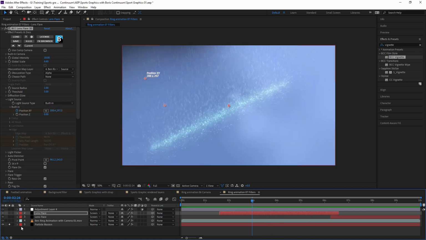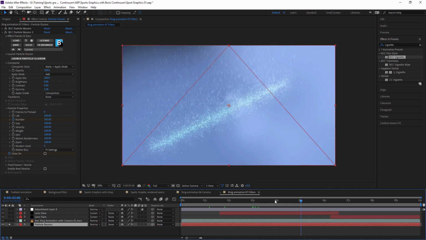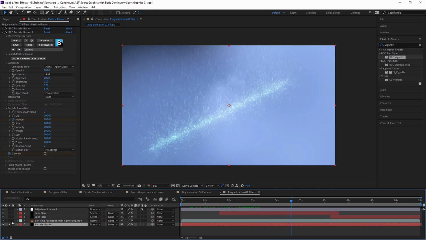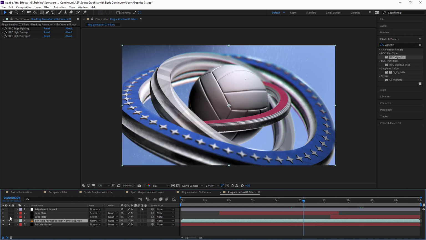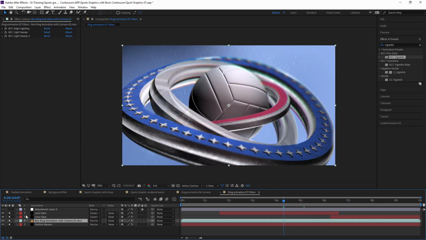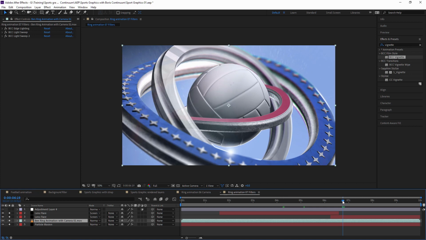But in this section, what we've done is we've created an animated motion background from scratch using particle illusion in just maybe a couple of minutes. We've then added in our rendered out 3D model from Title Studio, added a bit of edge lighting to it to make sure that it shines up a little bit more. So that's looking kind of cool. We used light sweeps, we've used the edge lighting, and it's starting to animate up and look good. Then we've added in a couple of lens flares as well. We explored a little bit of the lens flare stuff. Add in a little bit of lens flare just to make that shine.